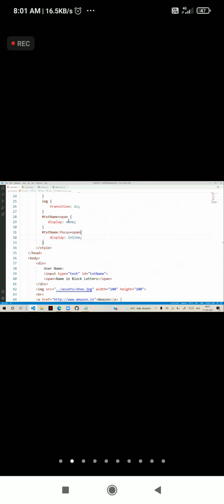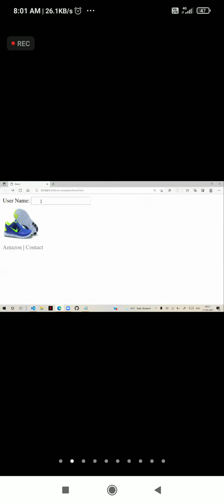So when you click inside it, that means it gets focus. Then automatically when it gets focus, you can see that title will display there, name in block letters. I click outside, it will hide. I click inside, it will display. That's good. That means we can display on click. When it gets focus, it can display that effect. So it's not just adding effect to that element.